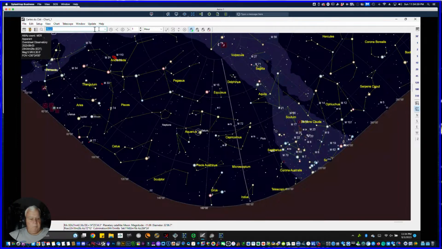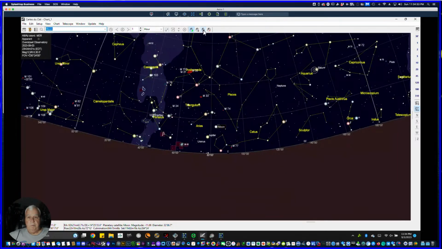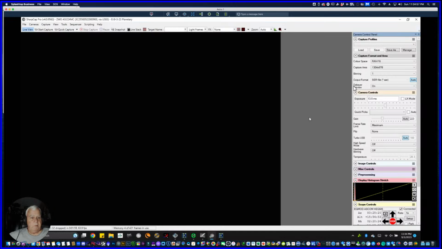So let's see how close we can get to it on the first slew. And we're off. Here comes the telescope. Taking a deep dive. It is low in the sky. And let's bring up the